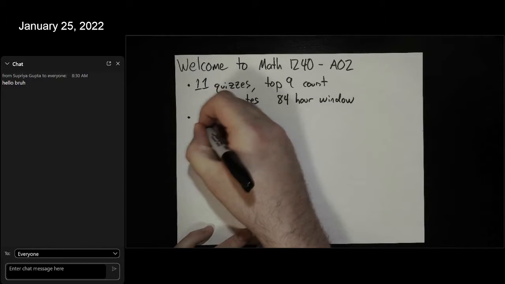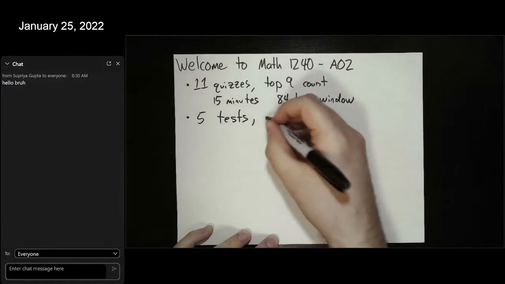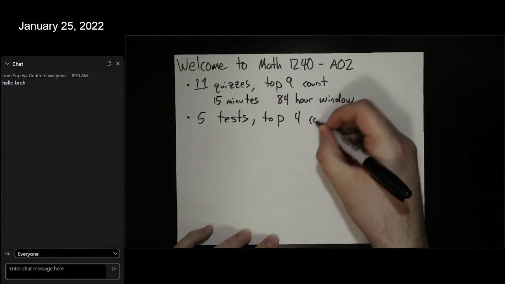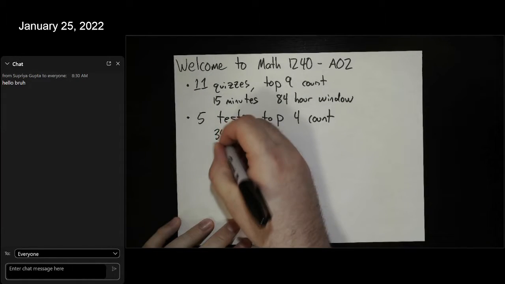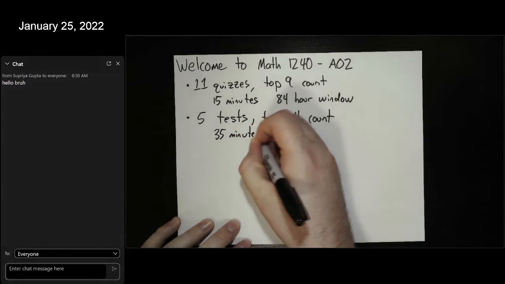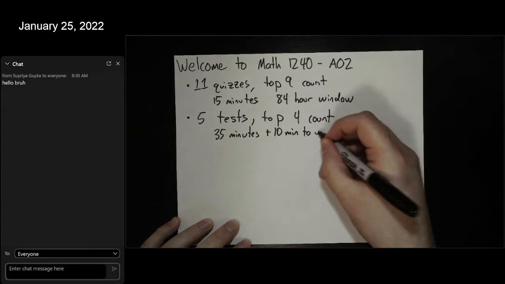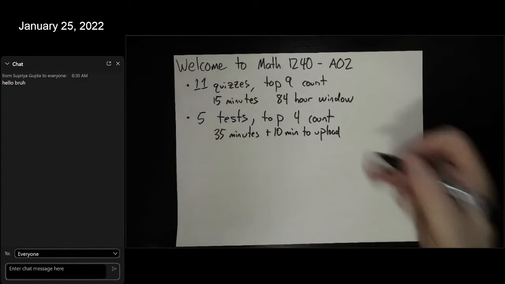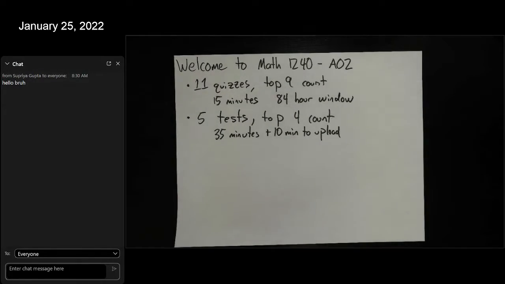We also have 5 tests, of which your top 4 count. And these tests are going to be 35 minutes, plus an additional 10 minutes to upload. I do strongly suggest stopping your test after 35 minutes, using those full 10 minutes to upload, just in case something goes wrong. You can always go back if you've uploaded successfully, spend another couple minutes working, and then re-upload